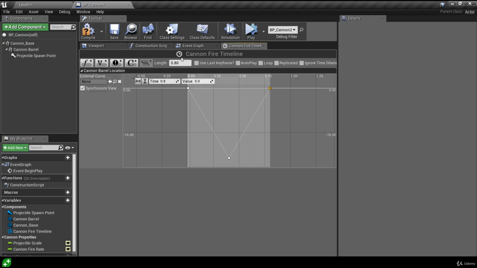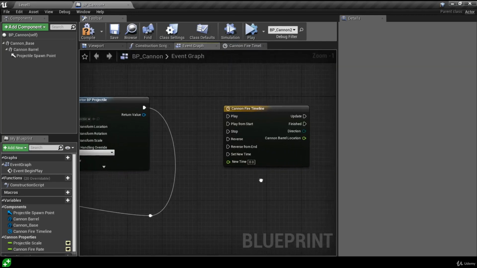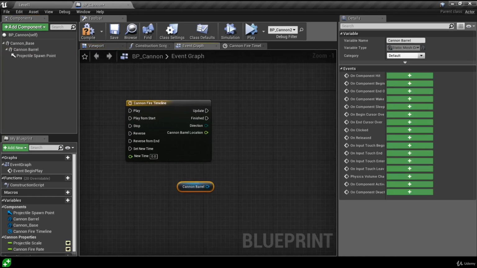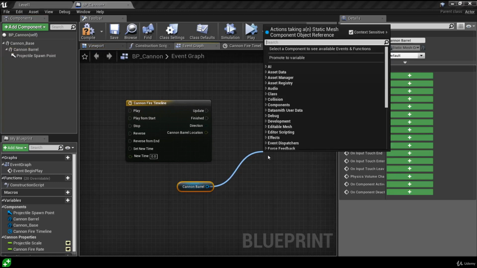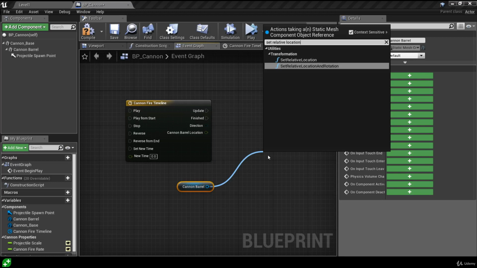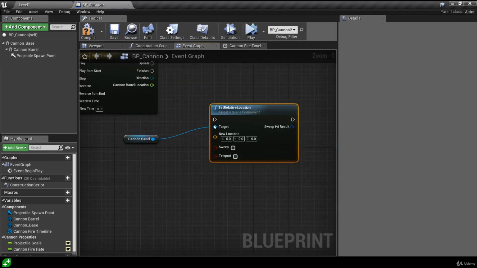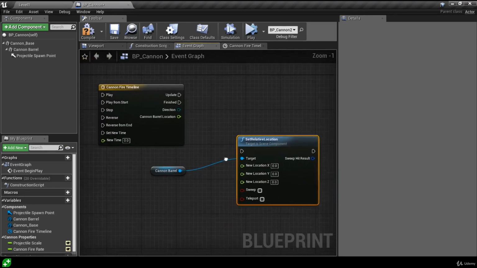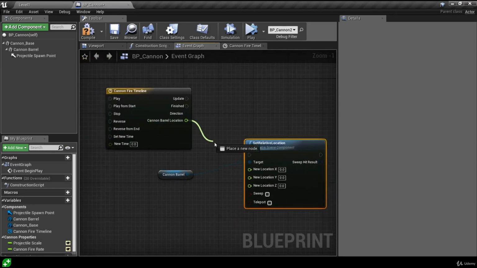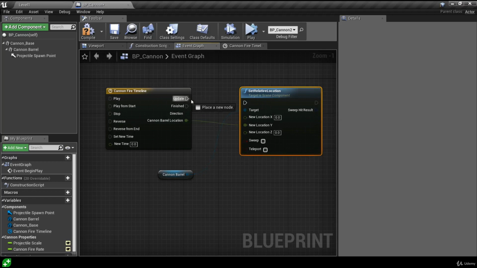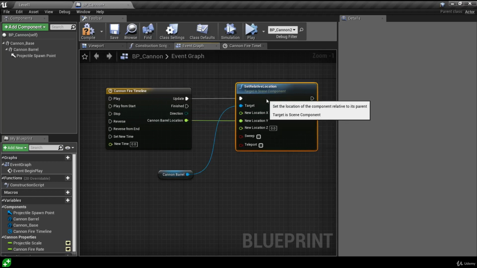Now let's come back to the event graph, and let's grab the cannon barrel from the Components tab. We want to update its relative location. So we're going to drag out the reference that we've just placed on our graph here, and we're going to call the set relative location function. We can split the vector to gain direct access to the Y location value, and we can plug our timeline track straight into this. And then we also want to connect the update from the timeline to the set relative location